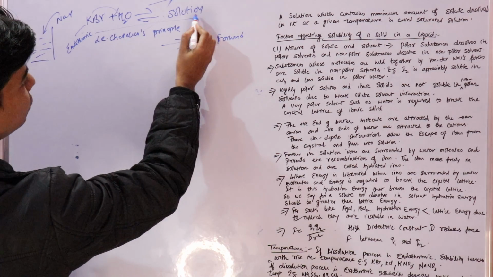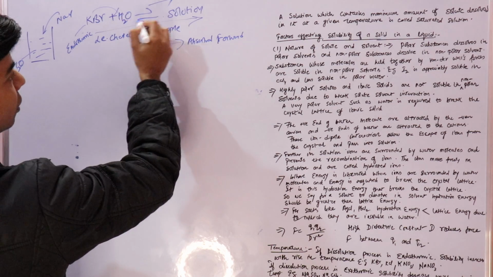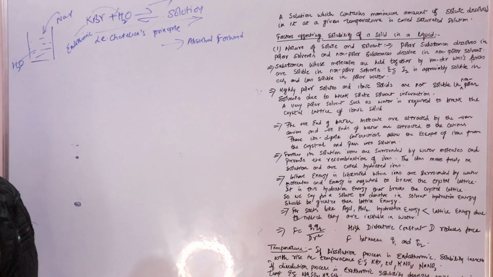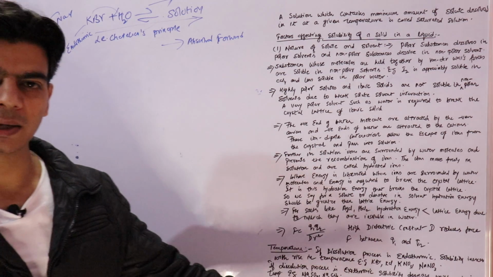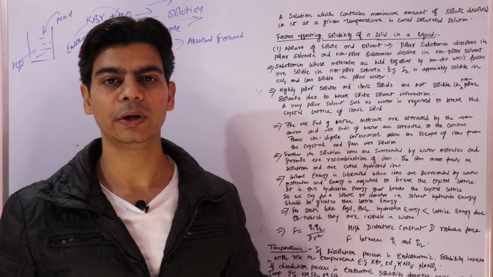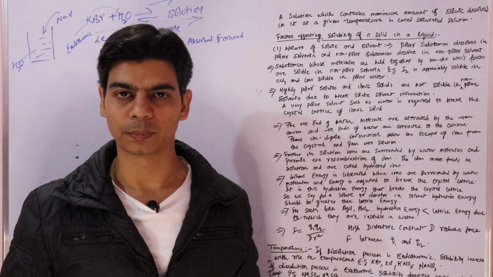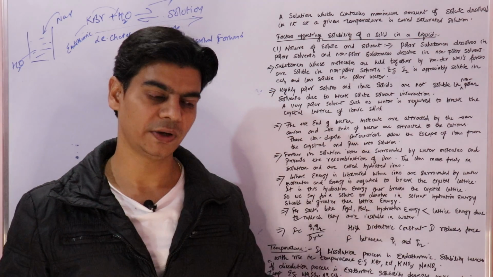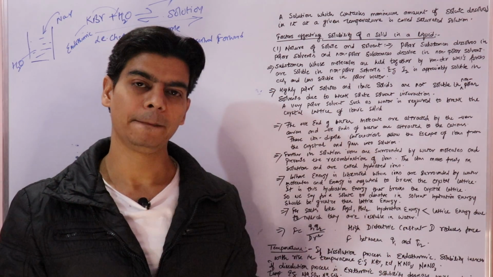So in forward direction, you can see that potassium bromide is dissolving in water, to form this solution of potassium bromide in water. So in forward direction, when we increase temperature, the reaction will go in forward direction, because in forward direction heat is getting absorbed or temperature is becoming less. So when we increase temperature, as per Le-Chatelier's principle, the reaction will